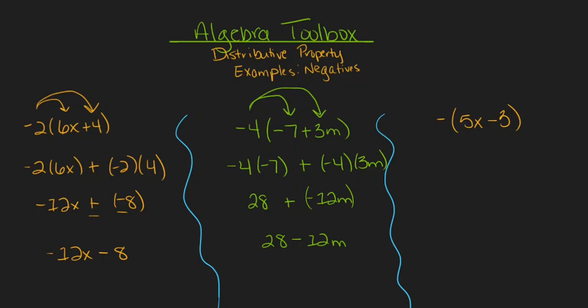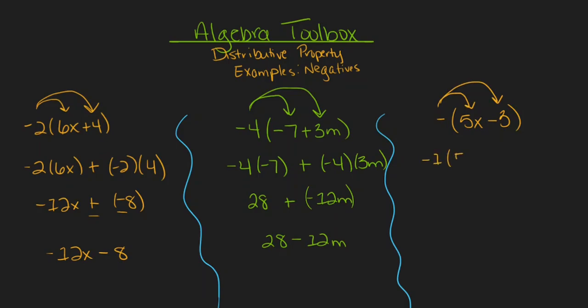Last but not least, when I see a lone negative sign like this, I have to think of it as negative 1. So what this is really telling us to do is treat this like a distributive property problem, as if we had negative 1 in front of my problem. So I'll distribute that negative 1 to both parts of the expression in parentheses, which will give me